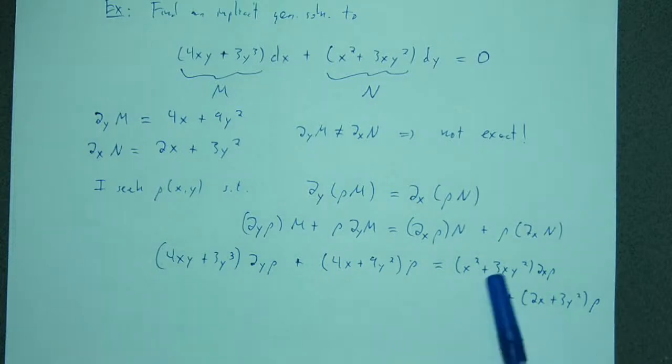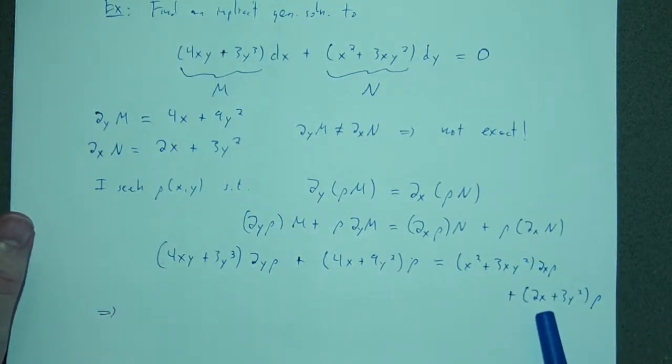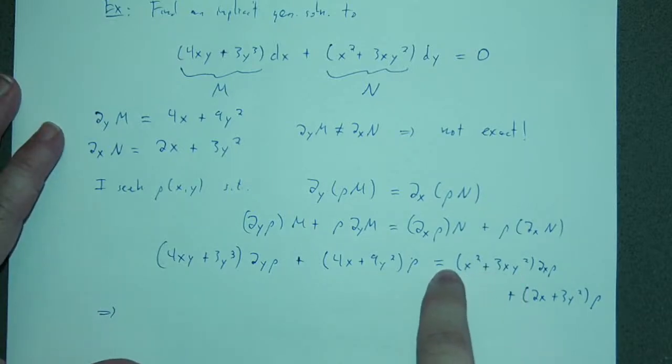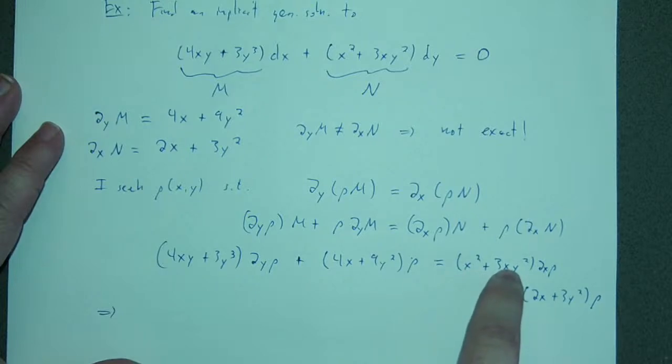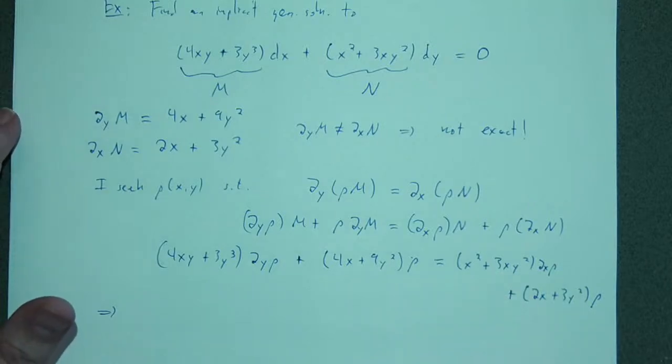I rewrite these things here, right, I can notice that, for instance, if I factor out an x here, this leaves me with x plus 3y squared, so that I would have x times 3y squared here. And that looks like this is going to cancel nicely, like in the simplification, maybe I'm going to be able to divide out by a single thing here and be